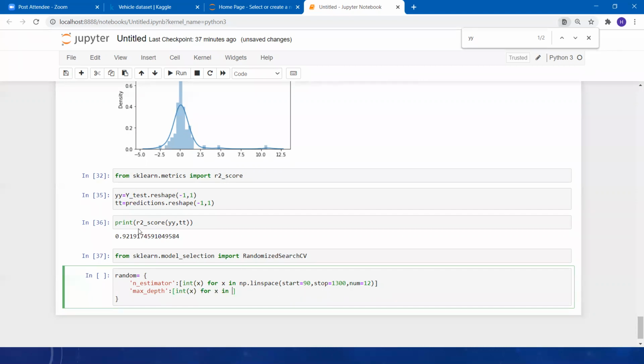For x in np.linspace. I hope you know about the linspace over here. It's just a basic thing that we are going to do. Okay, that you write. We can say